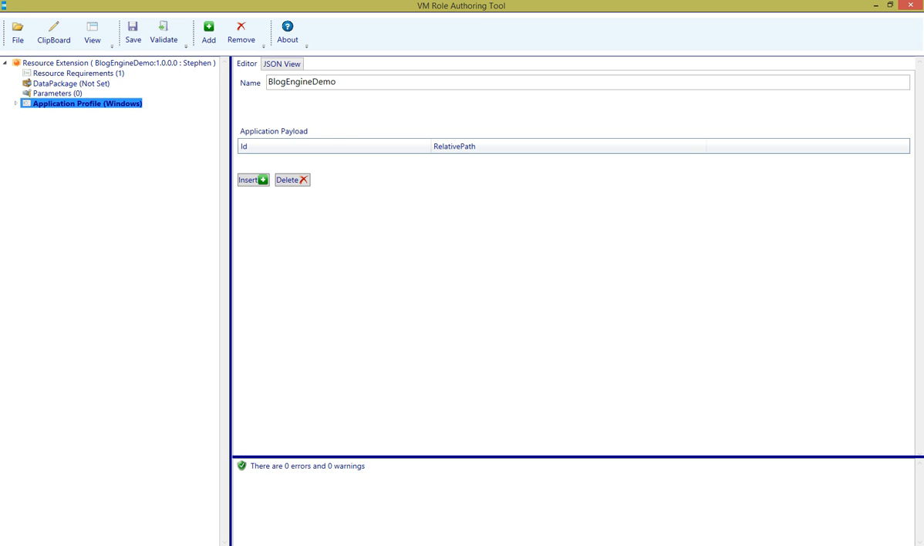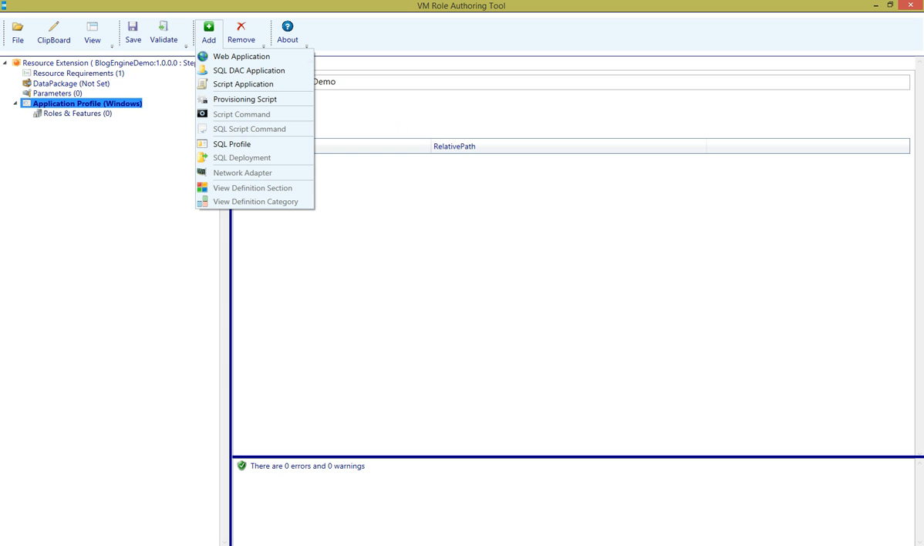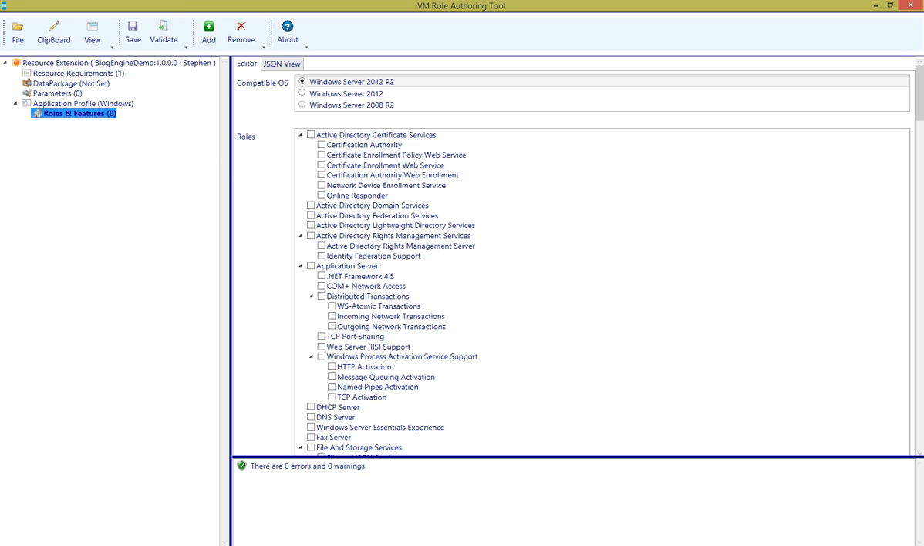And I'm going to move on to the Application Profile section. The Application Profile section allows me to add different types of artifacts such as web deploy, SQL DAC packages, script applications, or script commands. In addition, I could add things like a SQL profile and one or more SQL deployments, along with SQL scripts. I'm going to first start by configuring the roles and features that are required for this